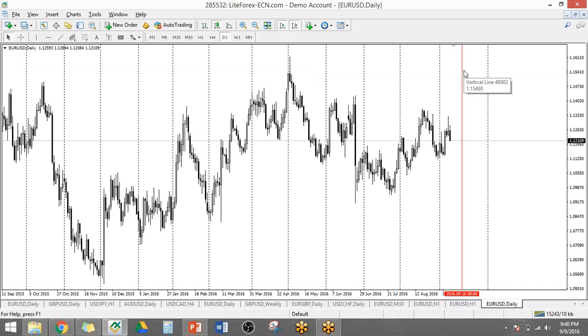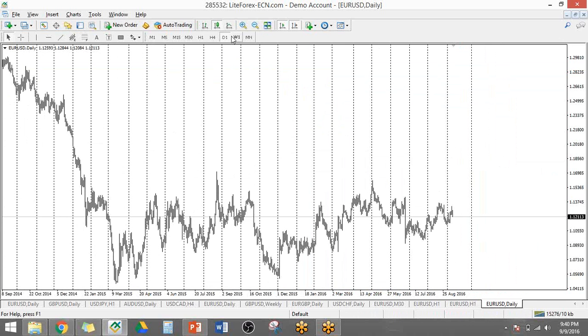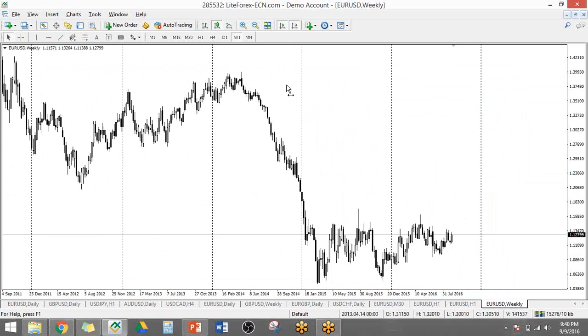Same thing with your vertical lines, they work exactly the same way. And then the next one is your trend line. Trend lines are a very useful tool if you're looking at the general trend. So let's zoom out to the weekly chart.